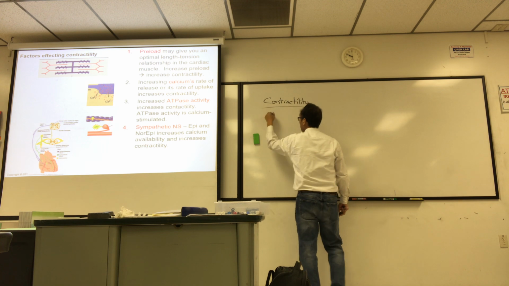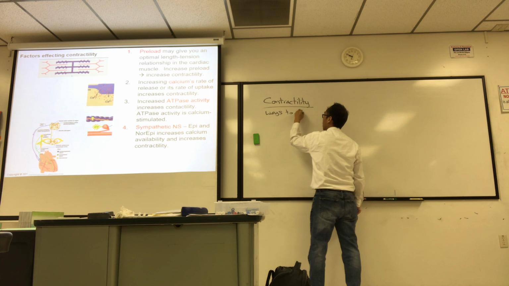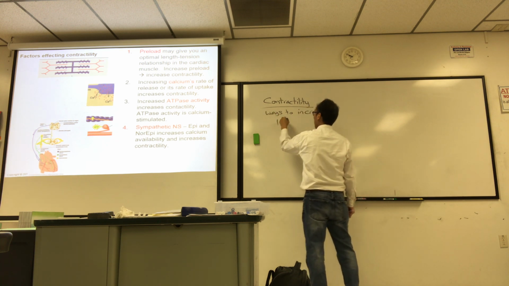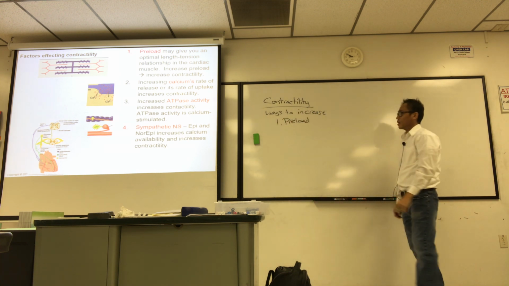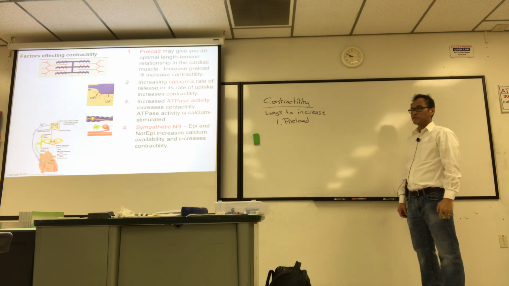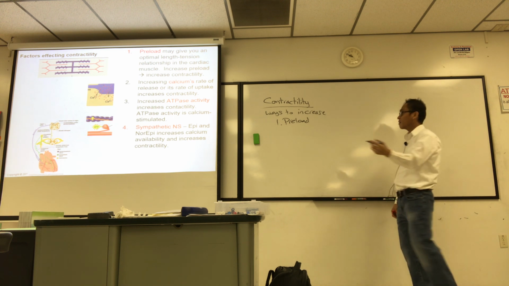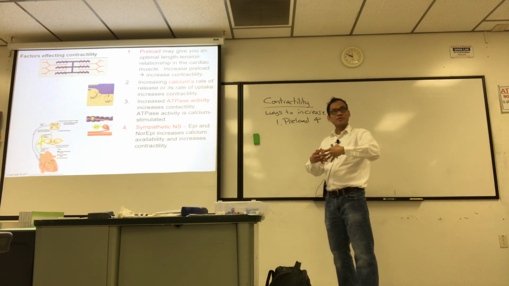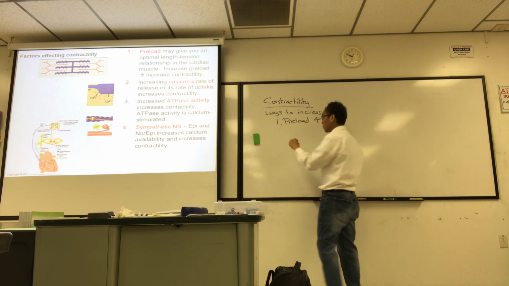Contractility. Here are ways to increase it. To increase performance. Number one, I say, well, preload. I already talked about this, different way of saying the same thing. Do you want to up it or down it to increase contractility? Increase. Up it. More in, more out. That's the performance we're looking for, right? That's one way to increase contractility, and the why behind that is the stretch, better, optimal sarcomere length, right? And moving on. Number two,